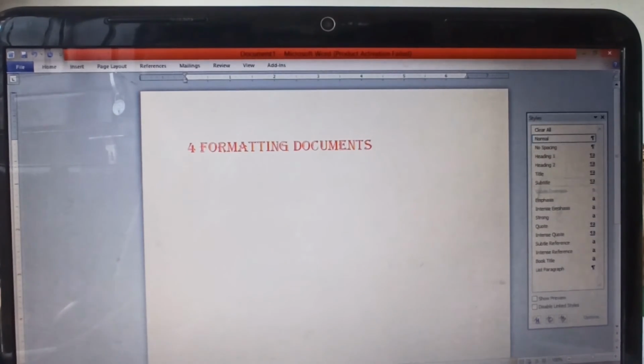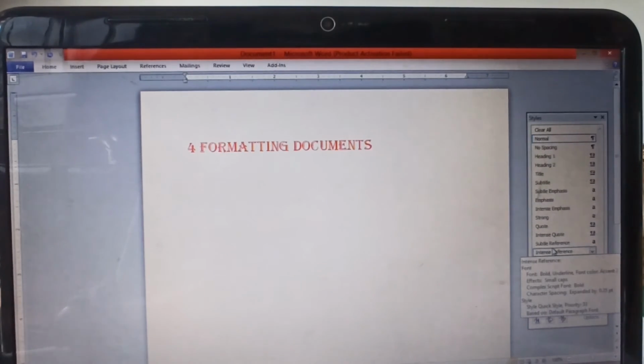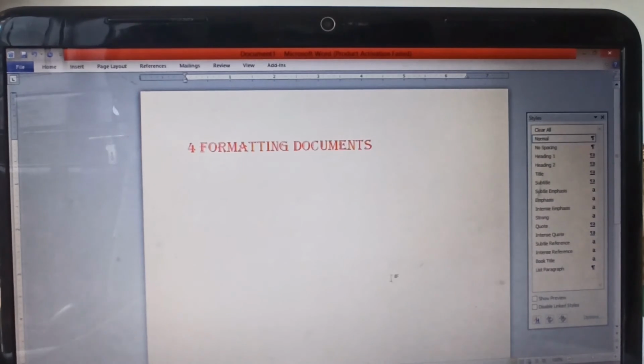You can format the font type, style and size using the font tab in the dialog box.